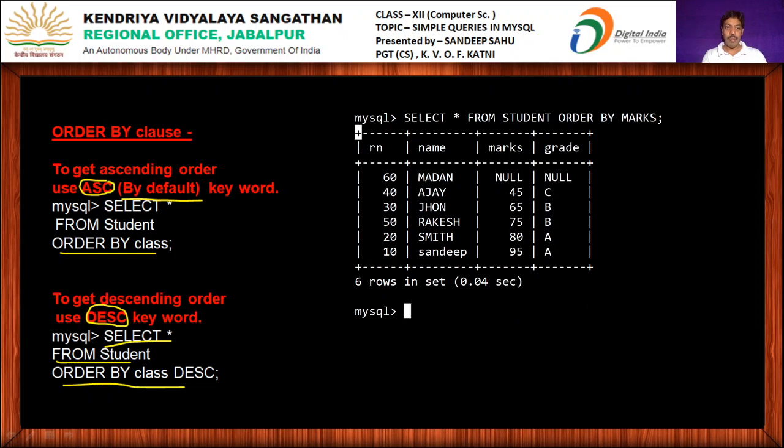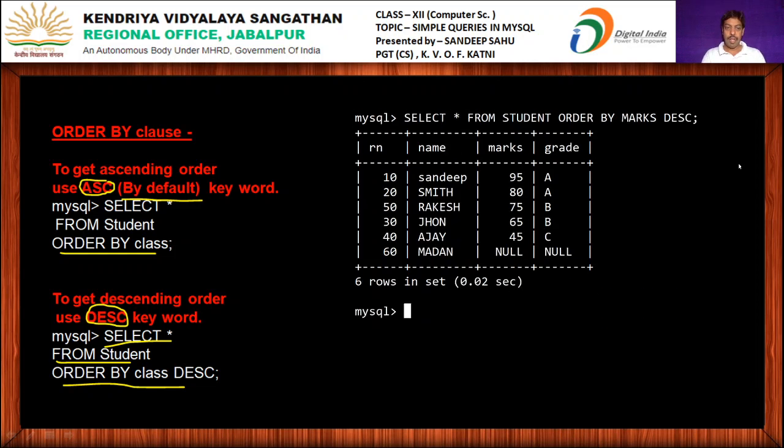So the table is arranged in ascending order of marks, and if you want to arrange it in descending order of marks, then order by marks DESC.